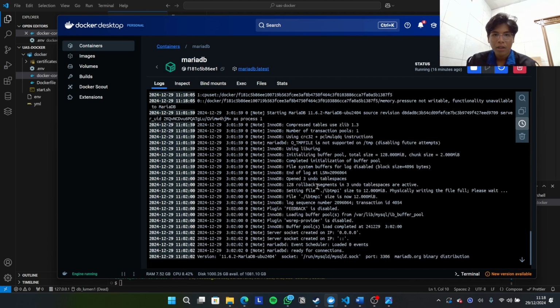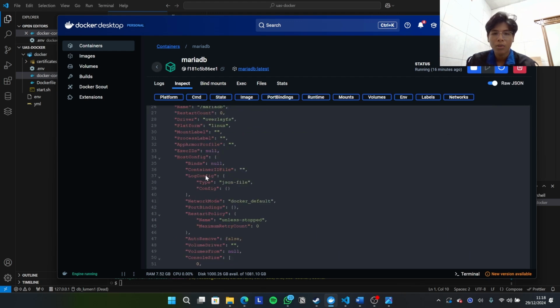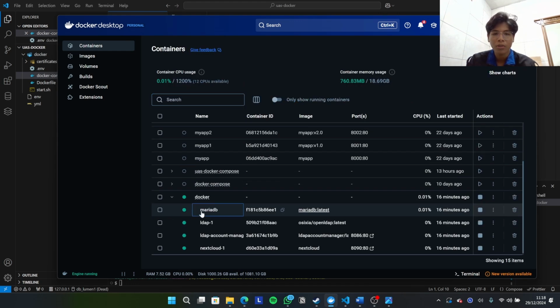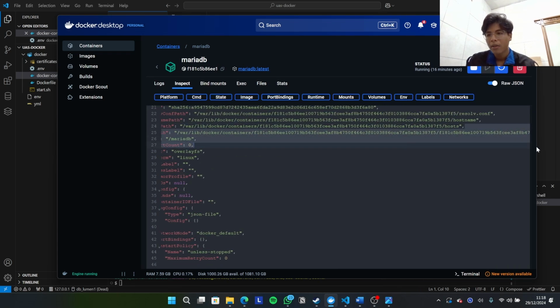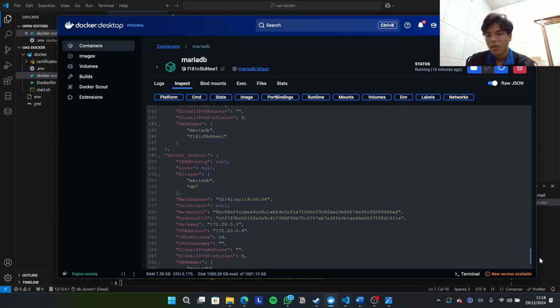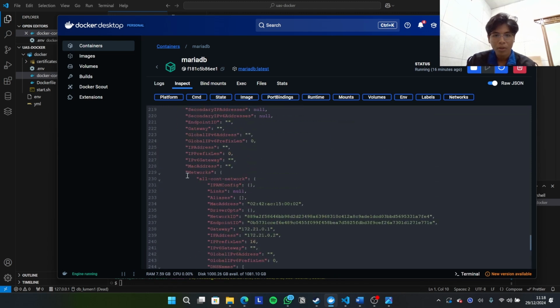And then how to check if the network is already connected? You can go to the container that we want to check, for example MariaDB, and click inspect. After that, you can scroll all the way to the bottom and check the network section. Okay, all container network already connected.